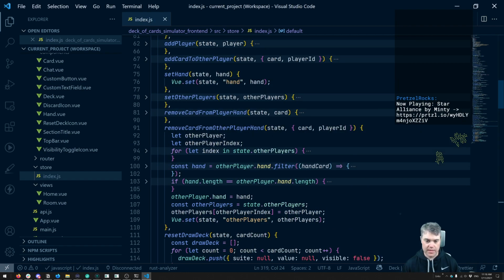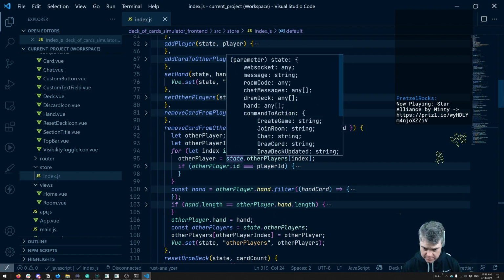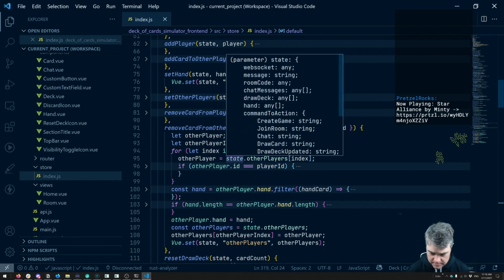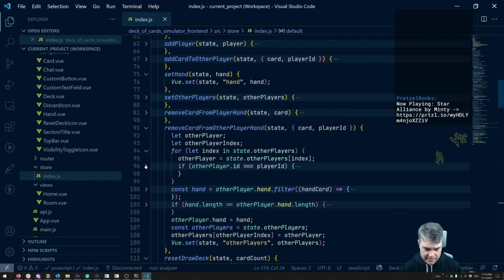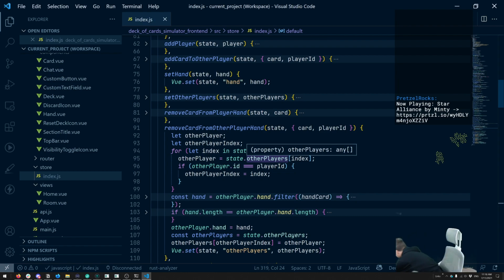Okay, so let the other player index. We're gonna create those. We're going to loop through the other players. Other player equals the other players of index. So grab the other player out. If the other player is the ID that we care about,